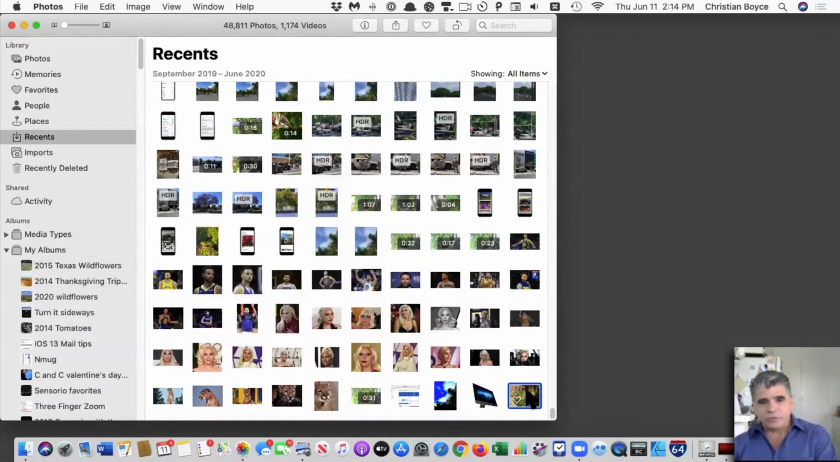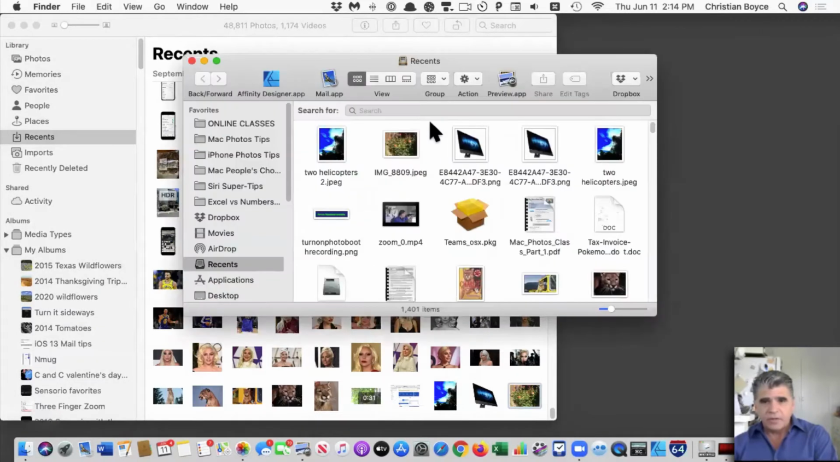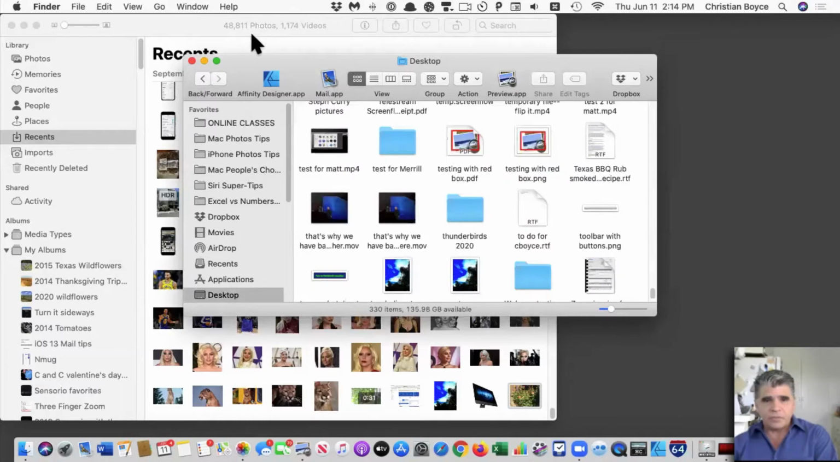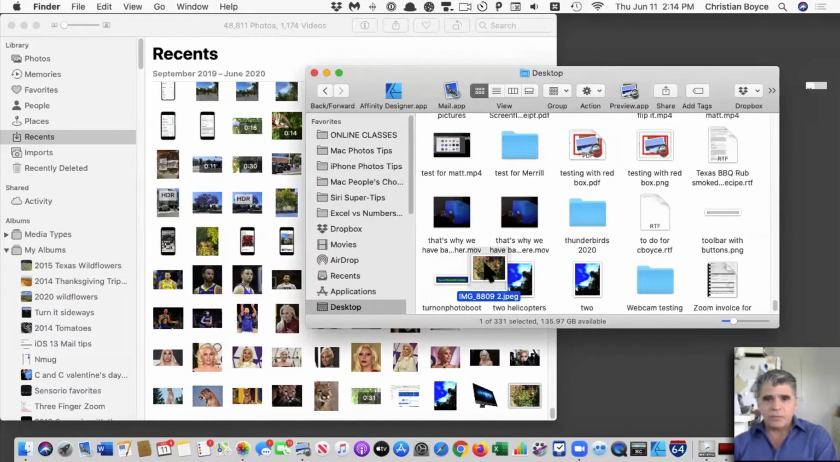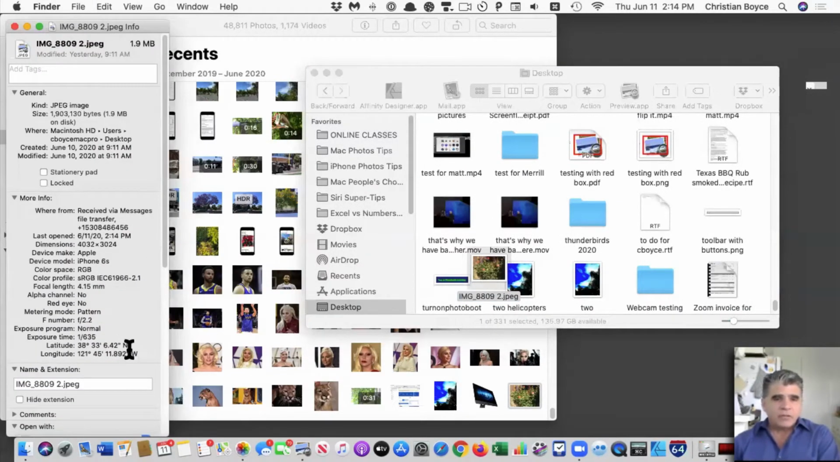I'm going to export this picture again to the same place. Here's our desktop folder. I'll put it there again. Let's just drag this thing over. And you'll see that this one, if we get info on this, there's a shortcut. It's Command-I. Here's the info here. So not only do I know